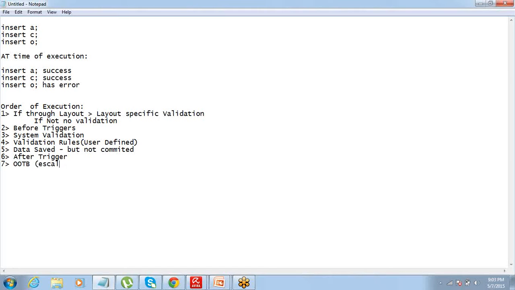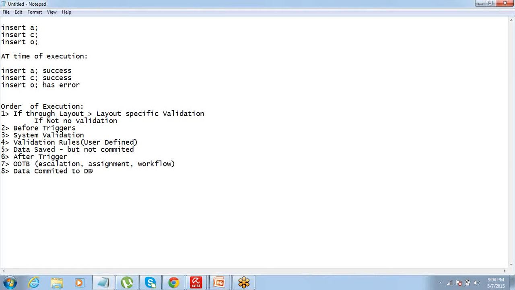like escalation rules, assignment rules, workflow rules, all these things. It's not that important to remember the order for these, so I put it all under one thing. Finally, after your OOTB, data is committed to the database.